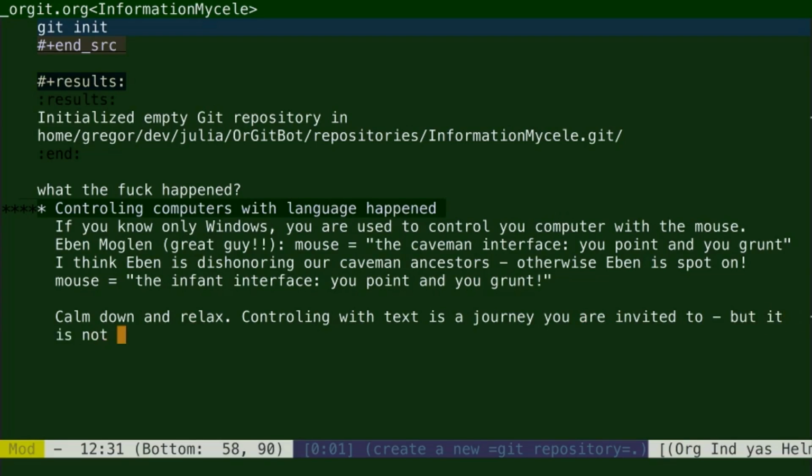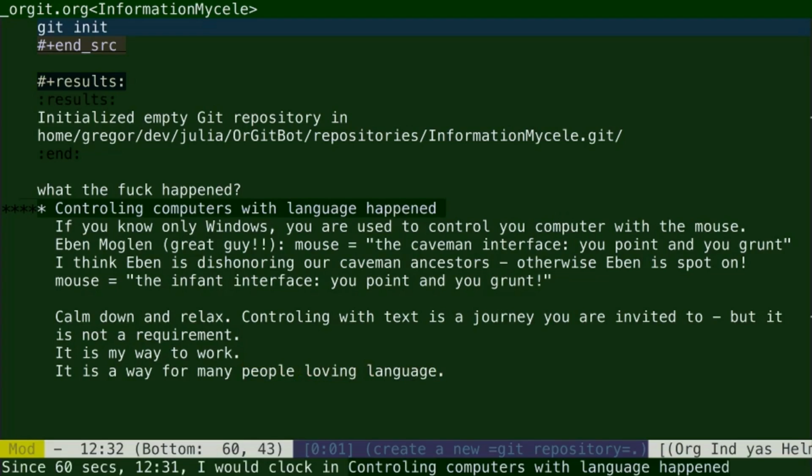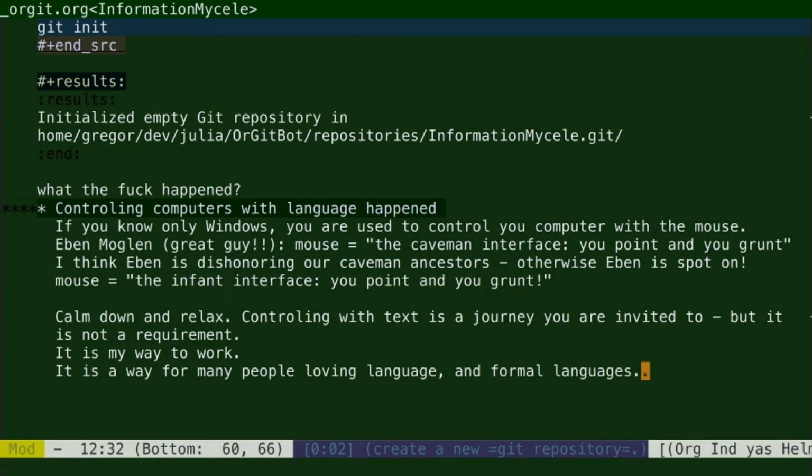But calm down and relax. I will use my computer like I use my computer and show it to you and explain to you what's happening. Controlling with text is a journey you're invited to take, because it empowers you in your usage of a computer and makes you more versatile in what you're doing, and it's calming the nervous system down because you don't have so much eye-hand coordination.